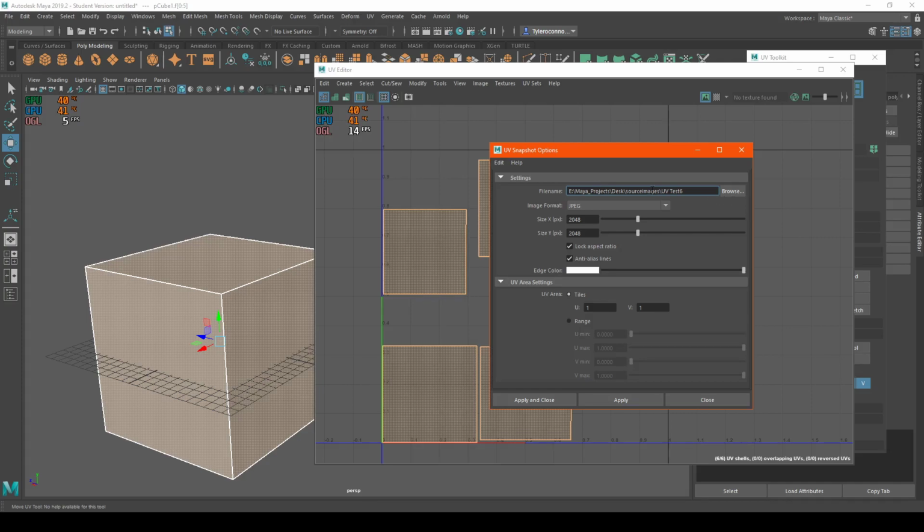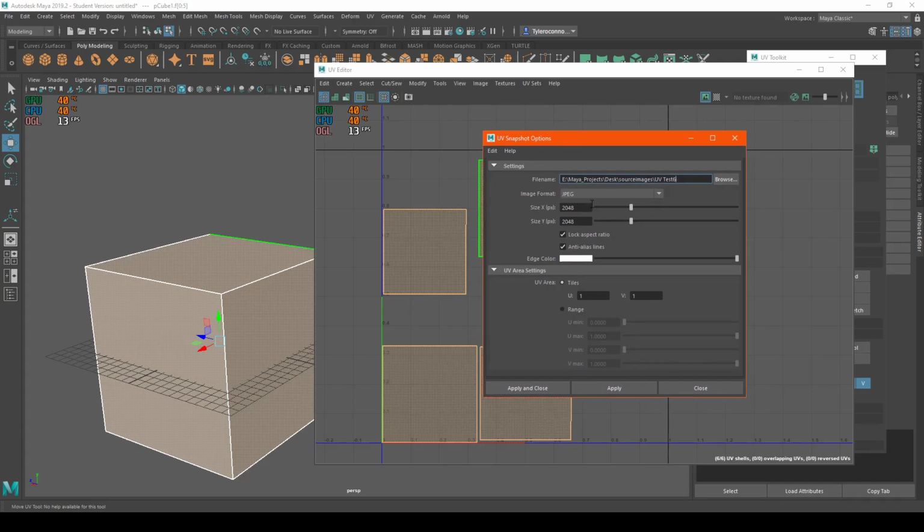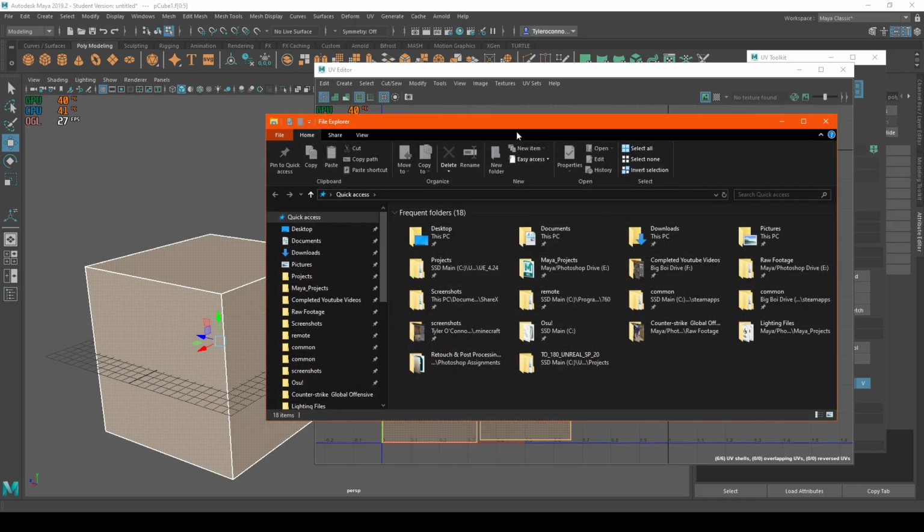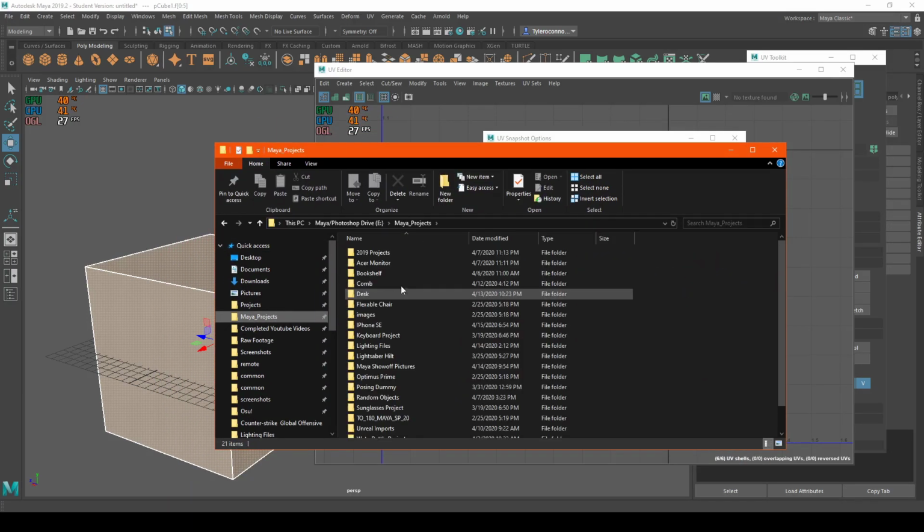So what we're going to do, I have this under another project. We'll just do that. So make sure it's selected and then hit apply. You can also hit apply and close. I tend not to, just because I want to check. Make sure it's there. So we'll go to my project,